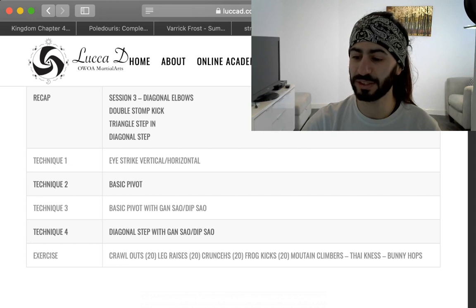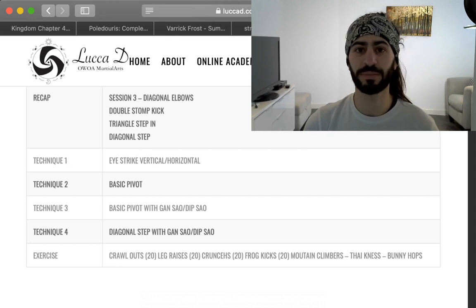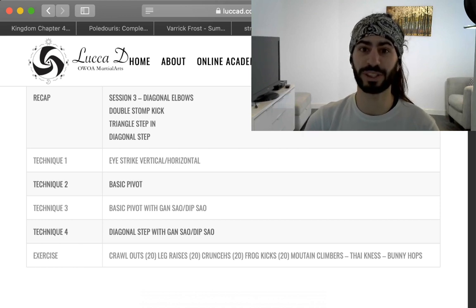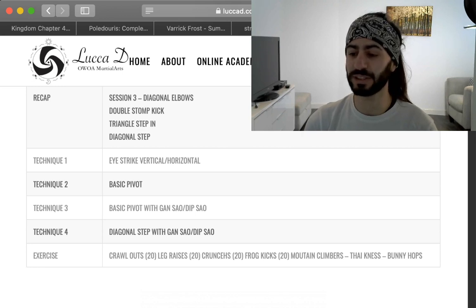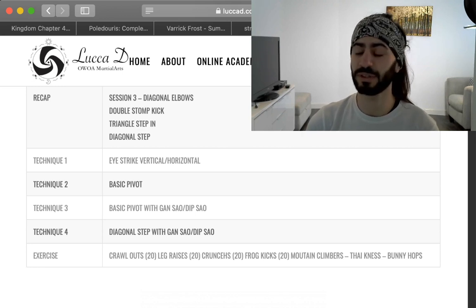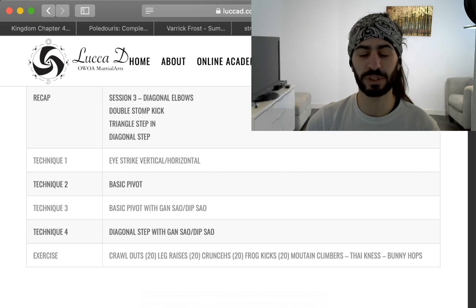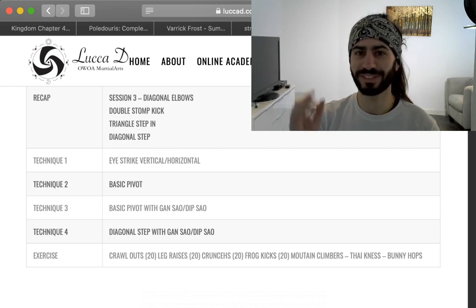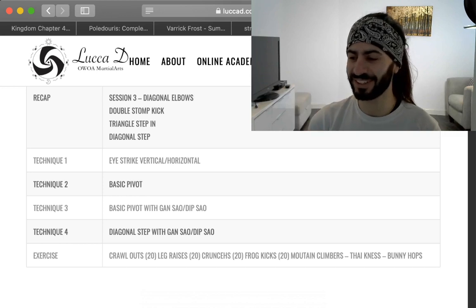Our eye strikes. For the first time in this stream, we're going to be looking at eye strikes. And these are a massive part of Wing Chun. Most of the techniques actually evolve from this, especially later on you'll notice. But these are the kind of strikes that need to be done with control. We don't do these with a partner just in case you injure someone else's eye. But they're not to poke someone's eye out. It's not that.